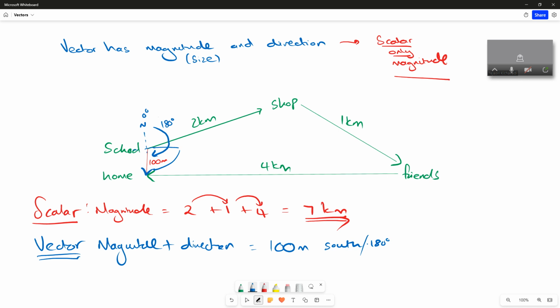So what have I done here? I provided two things: magnitude and direction. And the magnitude changed considerably because this is a vector. Now this is known as distance in physics, and this is known as displacement. All right, and that's the basic definition of a